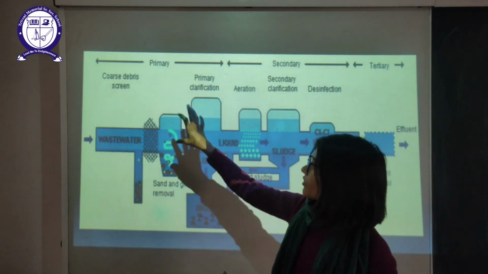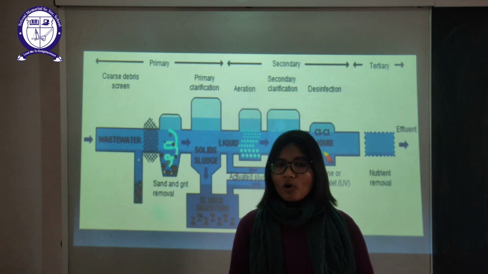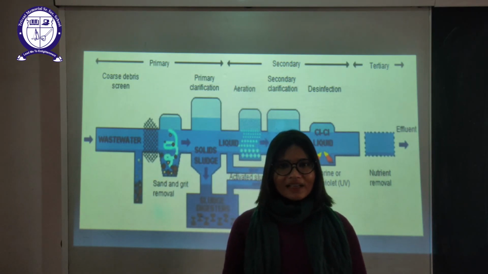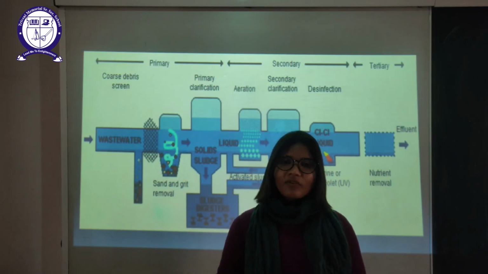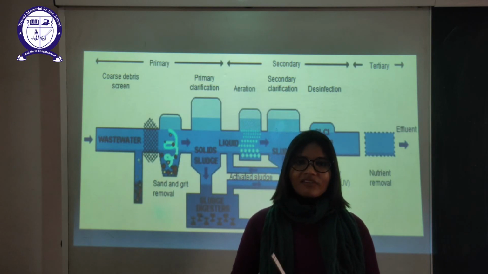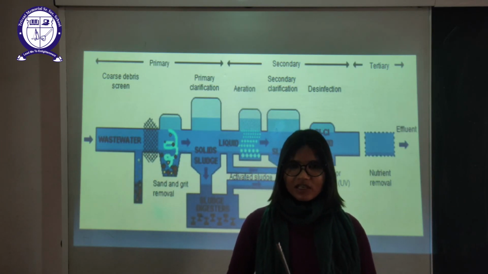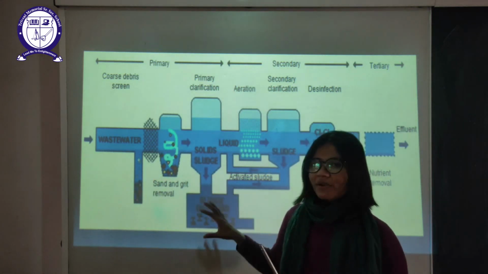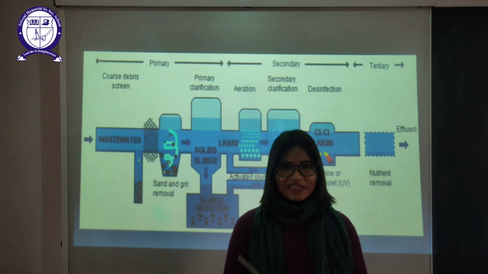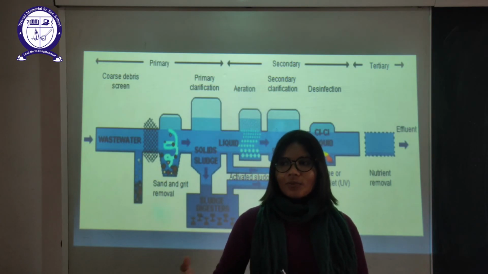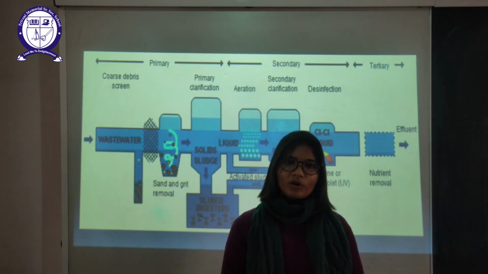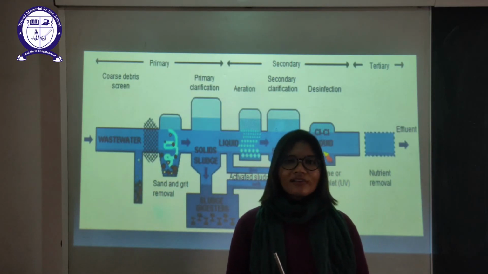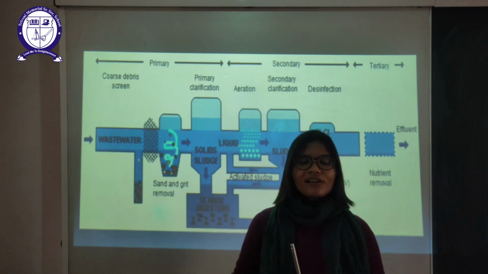Now in the third part of the primary treatment, we are going to remove all the fats and oil by the process of churning. As we get butter from buttermilk by the churning process, in the same way we remove all the fat by the churning process. By the end of the primary treatment we are going to get liquid waste which actually looks like purified water, but it is not yet purified because it contains dissolved impurities. So far all the undissolved or sediment impurities are removed, but now that water contains dissolved impurities.